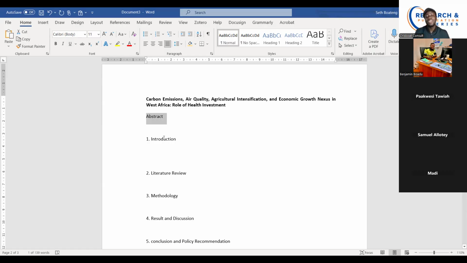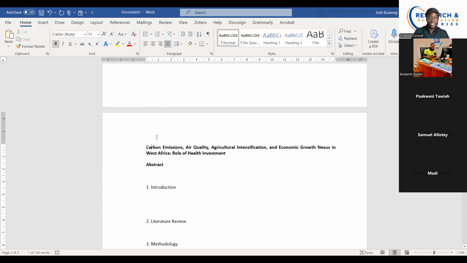Then you summarize the whole work into a small, not more than 200 words. Sometimes some journals even take 150 words. So that one you write at the end of your study. Yeah. So thanks for reminding me. So you put your abstract there and maybe your keywords. Okay, so these things are done at the end of the study.